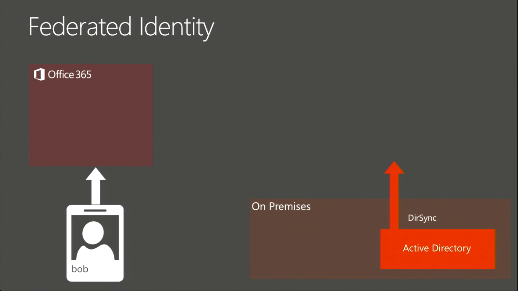Moving on, this is the third option, which is federated identity using single sign-on. So for Bob to sign into Office 365, we've already got Active Directory on-premise. We've already got DirSync set up and synchronizing accounts. This is actually one of the things people tend to stumble over a bit. When we're talking about single sign-on and ADFS, you actually need DirSync. Right? That is a requirement. You don't just need ADFS on its own. You need ADFS and DirSync.